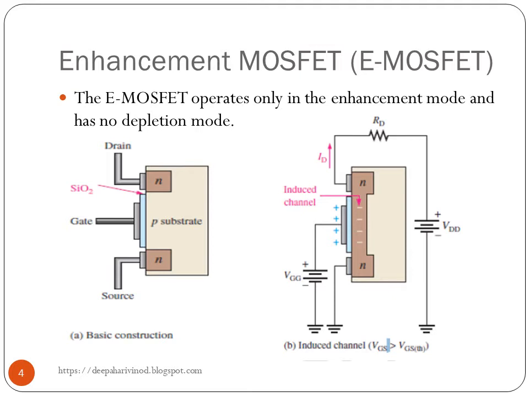Here the figure shows the basic structure and construction, and after giving the supply for the gate as well as drain to source, it is shown here. This basic construction in enhancement mode doesn't have a channel, so it has to induce the channel when proper supply is given to the gate. So this is the circuit after gate supply is given. When gate supply is given, it induces the channel.